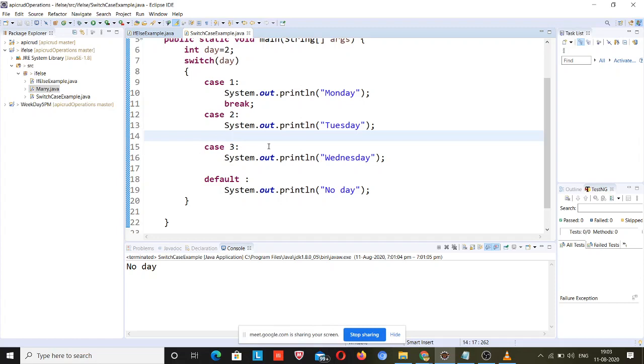It will next go to case 3 and print Wednesday, but again it will not find a break. It will go to the default and print no day, right? So if the break is not there, the execution moves on, but if break is there, the execution gets terminated.